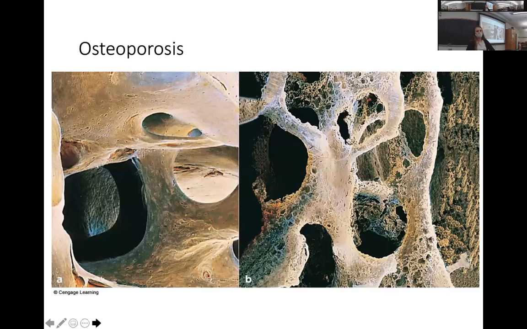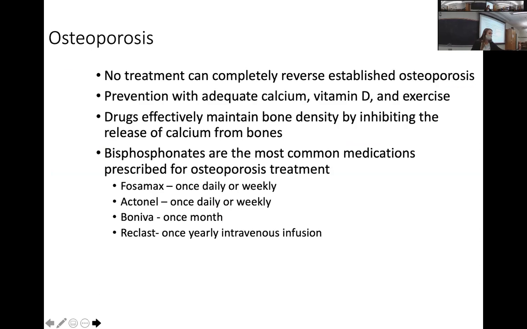Here's a picture of osteoporosis. The picture on the left, A, is a somewhat normal area of bone. This is most likely spongy bone because of the structure. And now we see on the right that osteoporosis has that degenerated bone look. It's not as dense, with more spaces as opposed to the left picture. Then there are no real treatments that can completely reverse established osteoporosis, but there are some preventative things like having enough calcium,